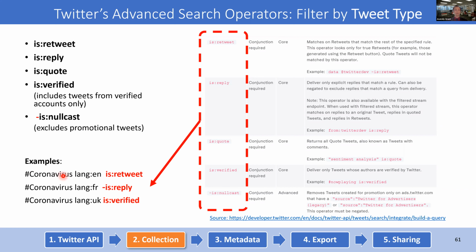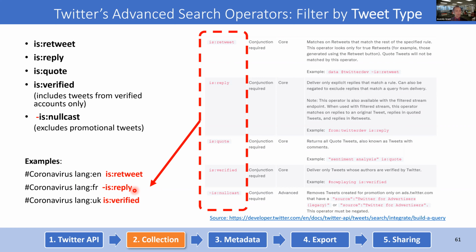Coronavirus, hashtag coronavirus, space, lang, colon, en, and I'm only interested in retweets, so I'll just add is:retweet. If I want tweets in French that mention hashtag coronavirus, but not replies, I will do the following: hashtag coronavirus, space, lang:fr, FR stands for French, space, minus is:reply. So this will exclude replies, but will keep retweets, original tweets, and quoted tweets that include hashtag coronavirus, and they are